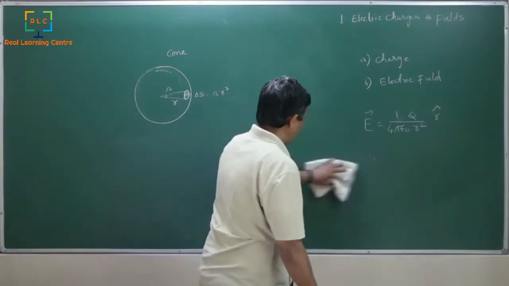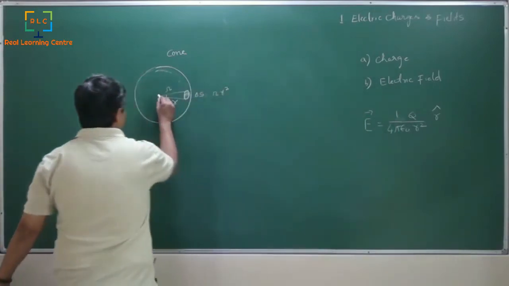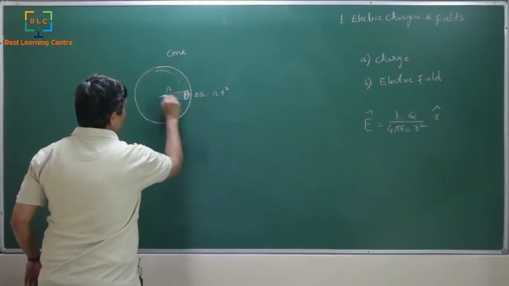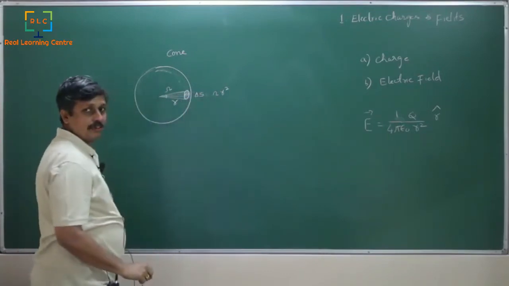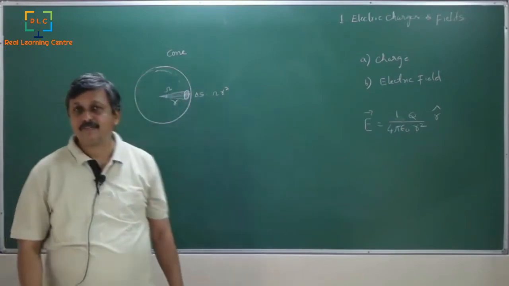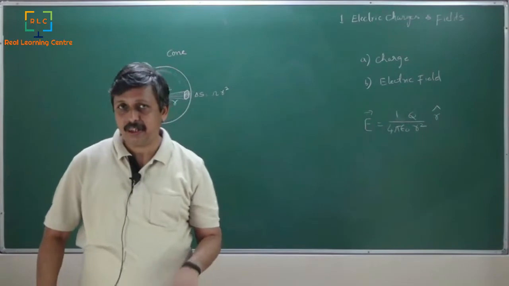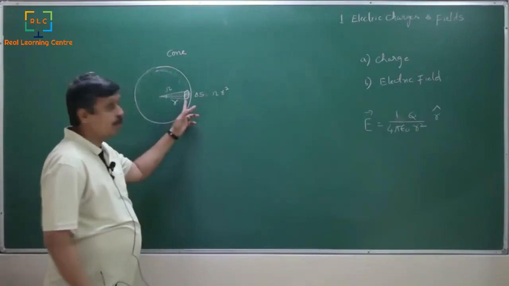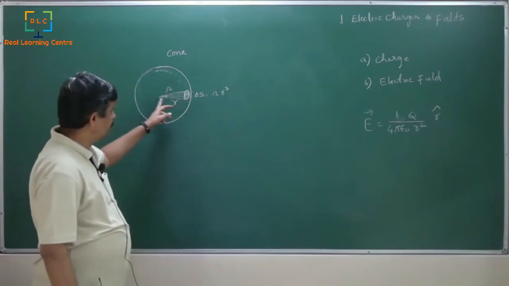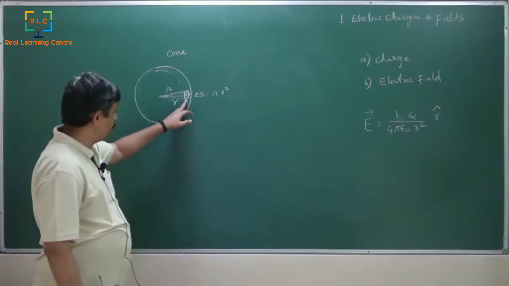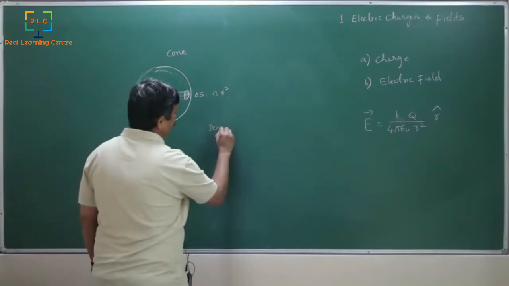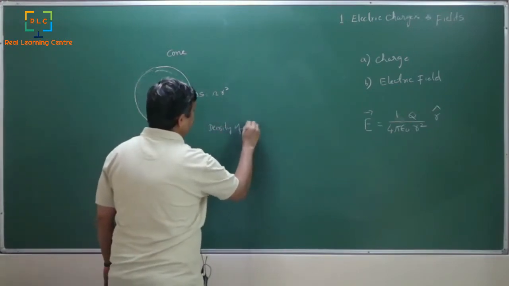So if you keep a charge in the middle, there are many field lines which come through this. For this omega, wherever you go, the number of field lines is the same. So if you want to calculate the number of field lines per surface area, the density of field lines